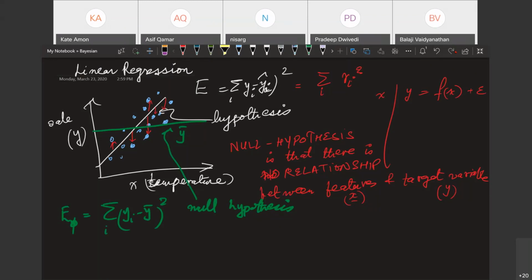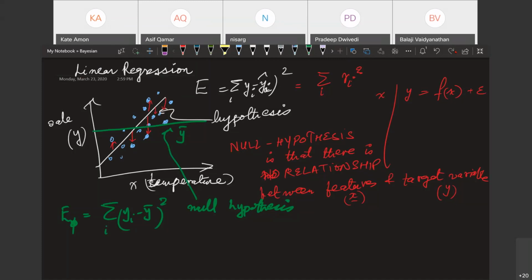And so any model that you build, anything that learns from the data, any hypothesis that you build, what should be the baseline criteria that it is successful, that it has learned something? Would somebody like to guess that? What would be a proof that your model is actually worth it?